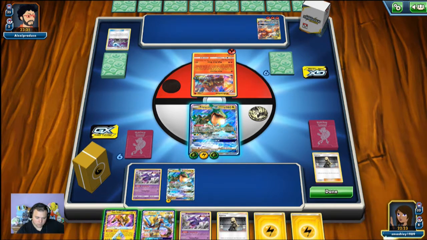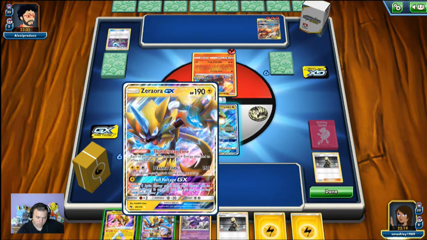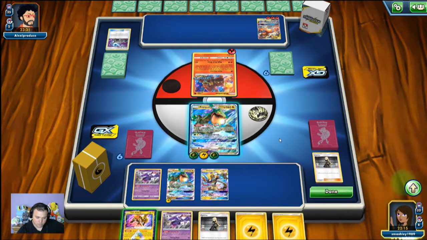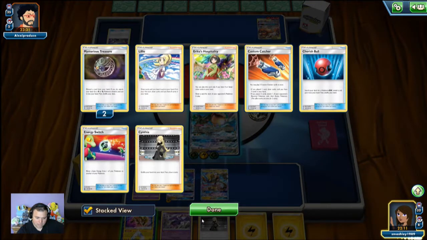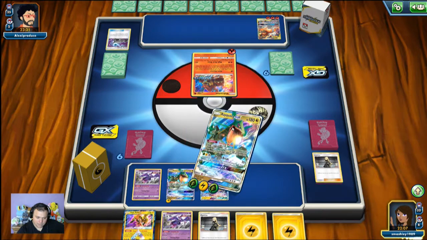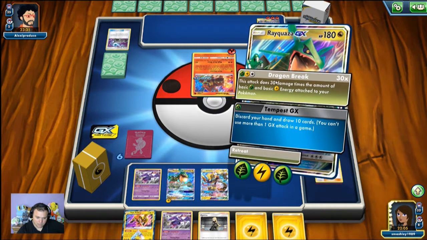I don't know that I want to bench the Coco. The problem is I don't have any energies in the discard, so benching the Coco seems kind of rough. I do want to put the Zeraora down, just so I can get that free retreat going. Do I have any... Yeah, no, I already got all the electric energies in the discard here, so I think I just go ahead and... Do I get 120? I think I get